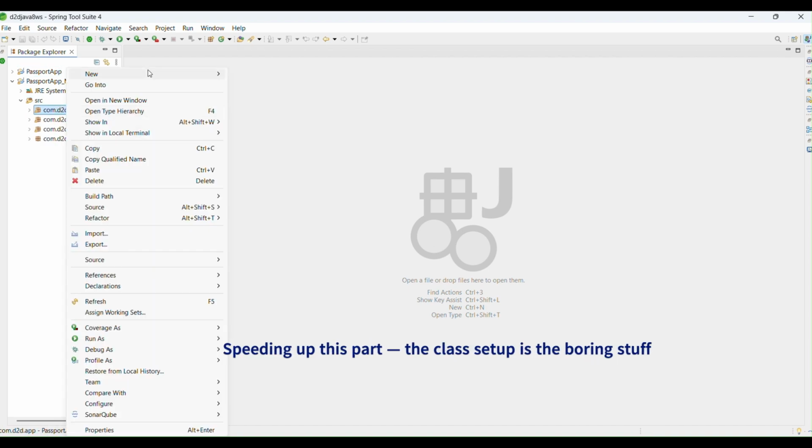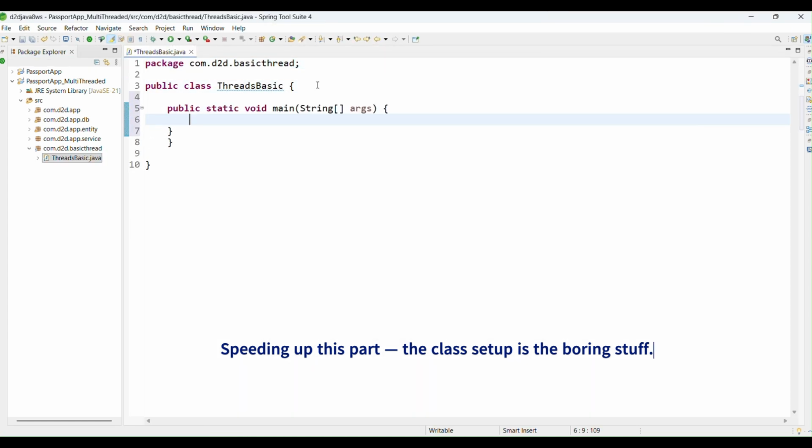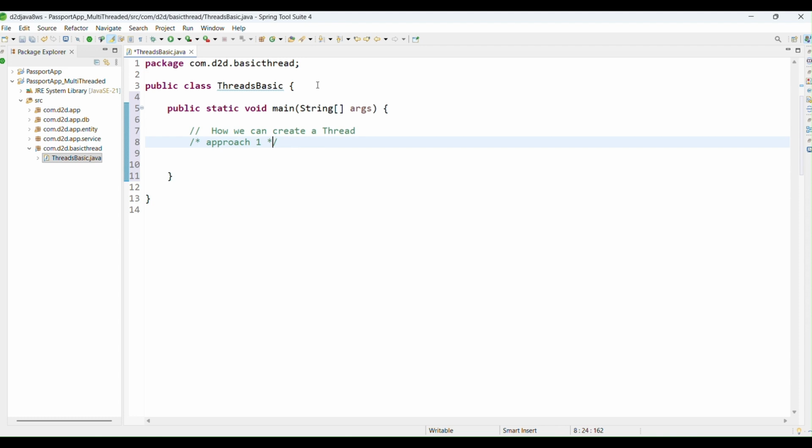So let's say, for example, I'm creating one class, copy and paste it. How can you get a thread? You have two approaches to get a thread. So what was the topic as of now? How we can create a thread. Approach one is that I can extend the